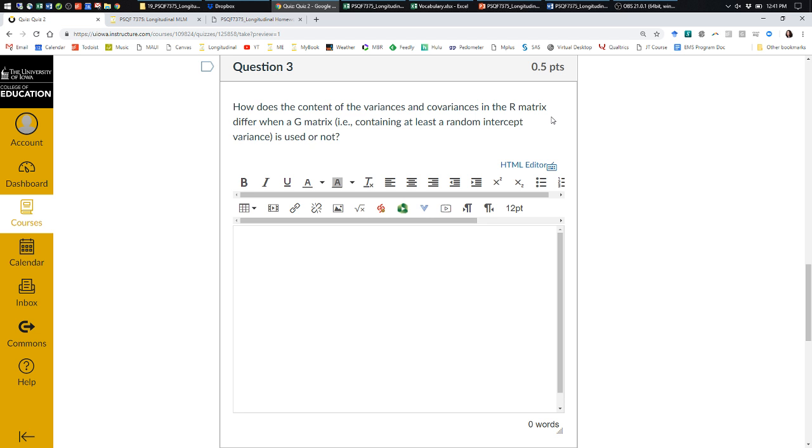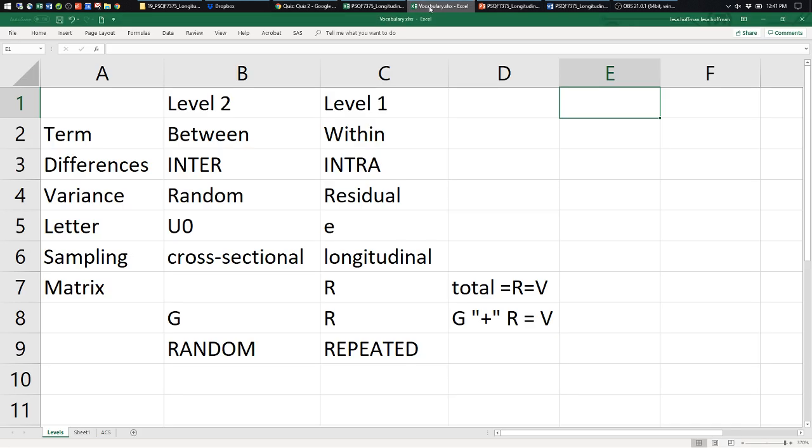I was thinking if the G matrix is not used, then the R matrix actually is the total. Yes, that's exactly right. So in terms of the letters here, here's our review of vocabulary. When we have all of the variability in R, that's total variance and covariance that we're trying to form a pattern for. So for instance, if we fit an AR1 R matrix, then we're saying that the total pattern of correlation across occasions follows an autoregressive structure. Another one you know is Toeplitz, which would be another R-only structure. Unstructured is an R-only structure, as well as compound symmetry.